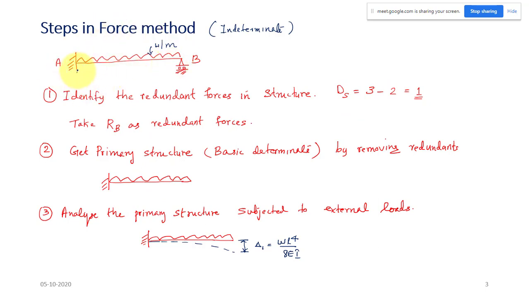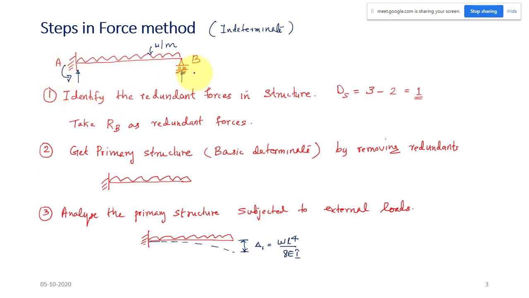That means there will be some vertical reaction at this fixed support, and also there will be some moment. There won't be any horizontal reaction at this support. So at this support we have only two unknown forces: one is the vertical force and another one is the fixing moment. And at this roller support we have a vertical reaction, because the loading is given, so we can eliminate the horizontal force, which will be 0. That 0 is not an unknown value.